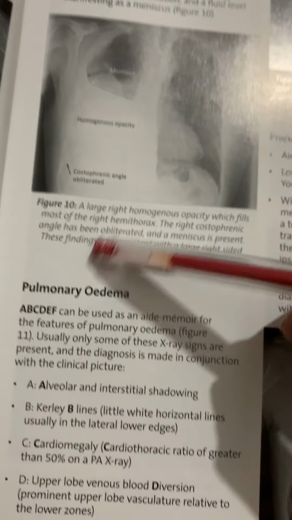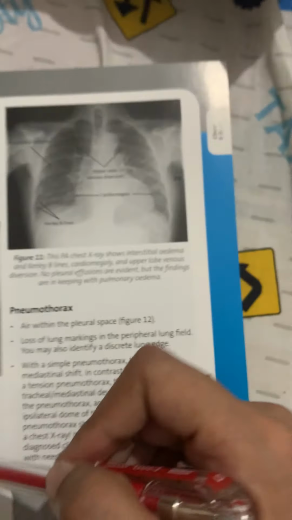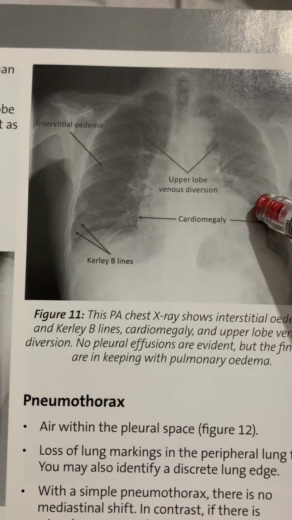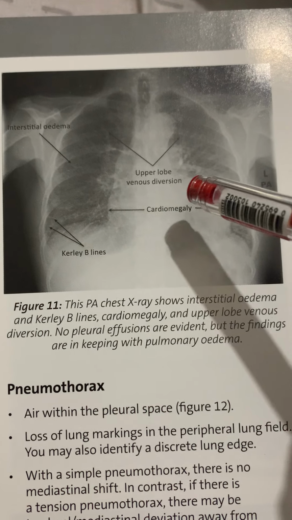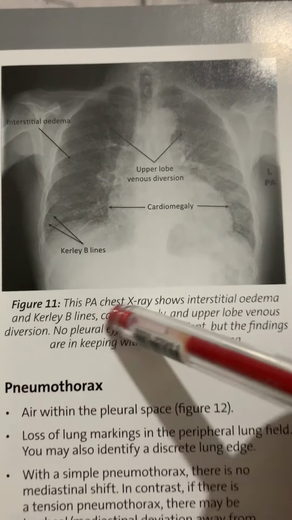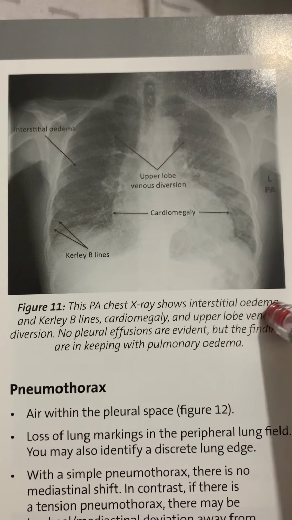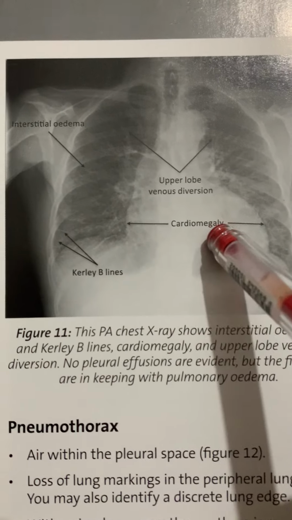So this was the mnemonic for the pulmonary edema. Now we will look at the picture of the pulmonary edema in the X-ray. Here is the PA chest X-ray showing interstitial edema and Kerley B lines. Here are the Kerley B lines,